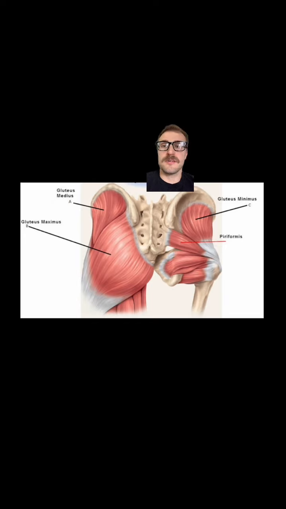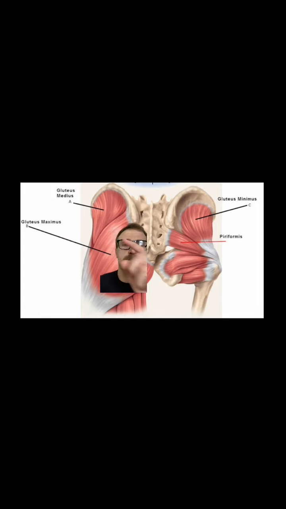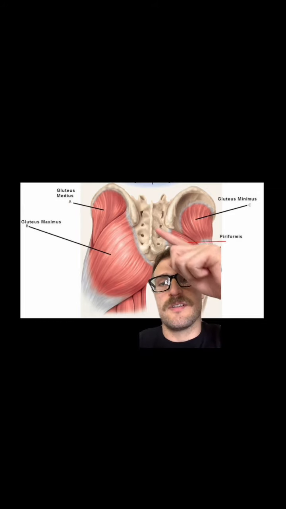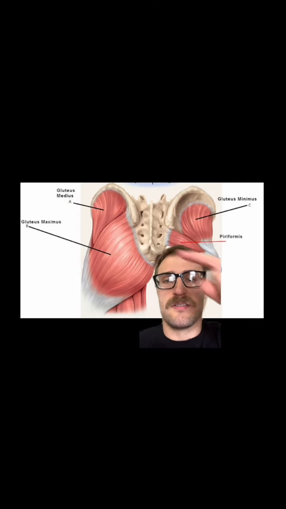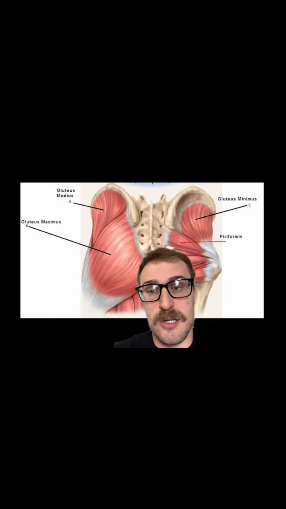We have three gluteus muscles of interest here. Glute max, which is the big one here, which makes up most of your butt. Glute med, which is just above it as well as underneath. And glute min, which is underneath both of them, but we're gonna focus on the glute max and glute med today. The glute max originates all the way up on the iliac crest and runs the length down to the coccyx. It inserts down into the femur on the gluteal line, which is kind of easy to remember,